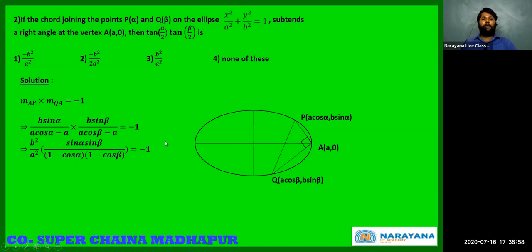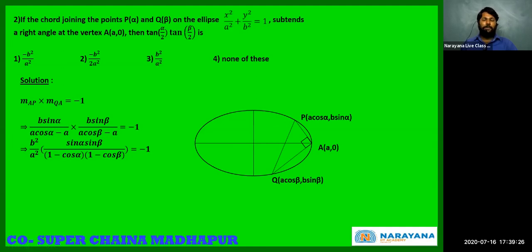Now observe this very carefully, because in the options you have b² and a² everywhere, right? Which means you must be pretty close to the answer. Now this we need to simplify. Somehow if we can simplify this to get tan(alpha/2) into tan(beta/2), my work is done, right? Now we want half angles, right? So the best thing to do would be to convert this into half angle formula, right? So what is sin alpha? Sin alpha would be 2 sin(alpha/2) cos(alpha/2), right?